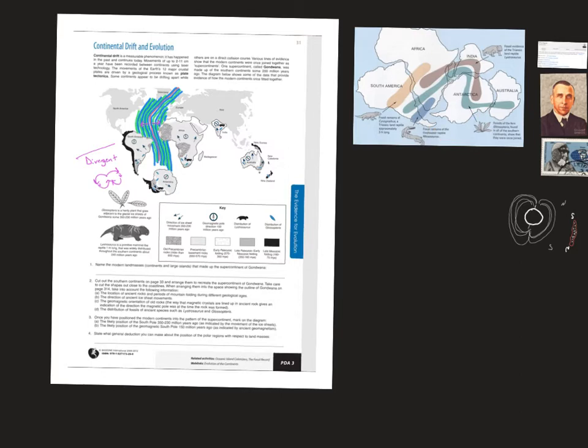Well, I hope this helped with your project, and I hope you see that all this evidence was discovered by a meteorologist, a man studying the weather in the Arctic, who in his balloon looked down and saw how the ice shifted and banged into each other and separated, and then later looking at the map of the world, thought that these things could be floating on some kind of magma ocean, just like the ice was floating on the ocean in the Arctic. And this man's dreams, this man's